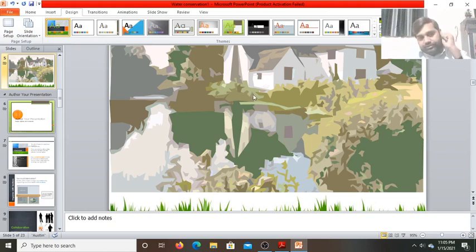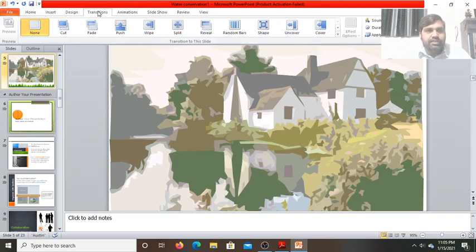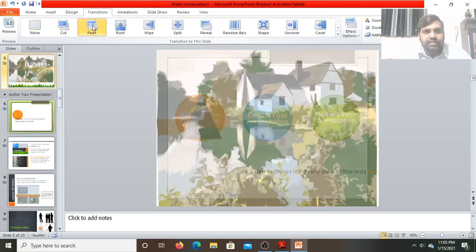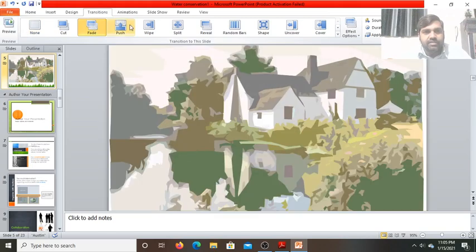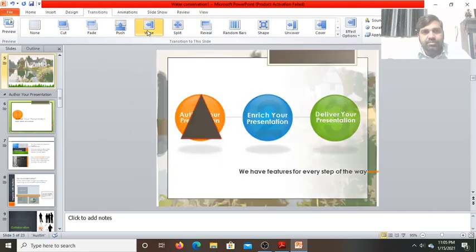Now how to apply the transition effect. Go on the Transitions tab. There are different designs. Cut, fade. If I click on Fade, it will appear like this. Push, it will appear like this. Wipe, it will appear like this.